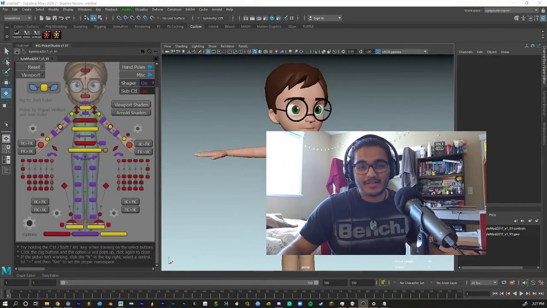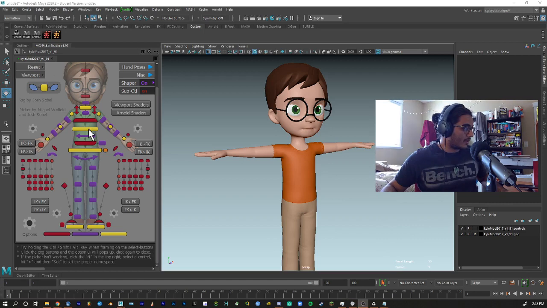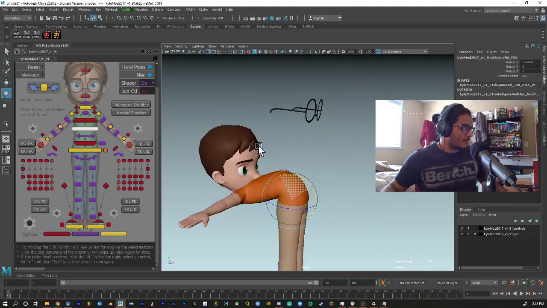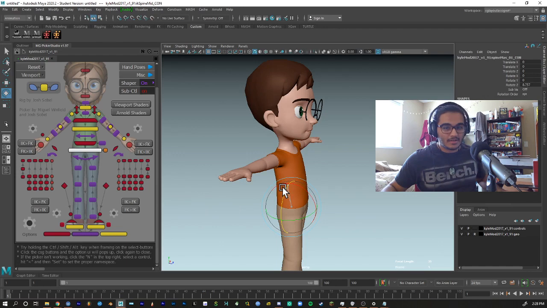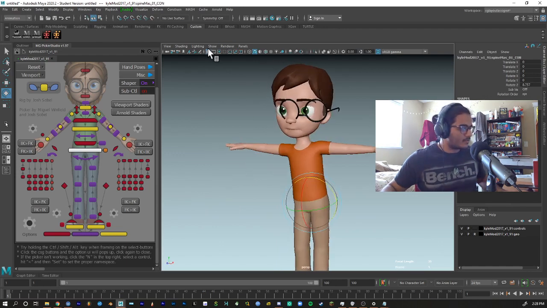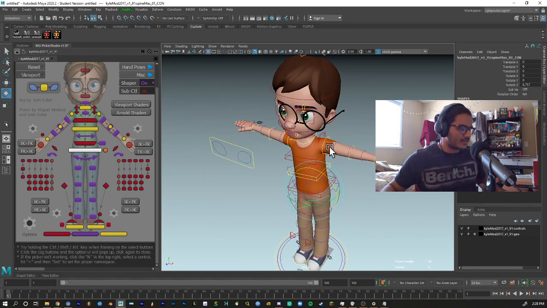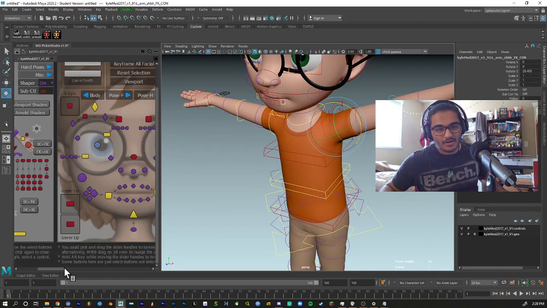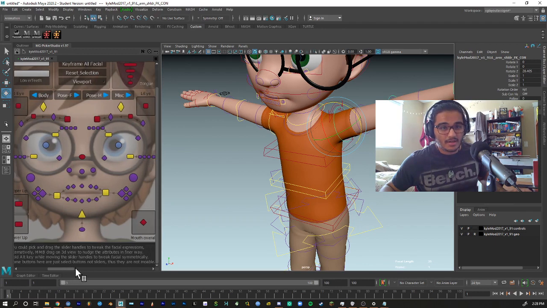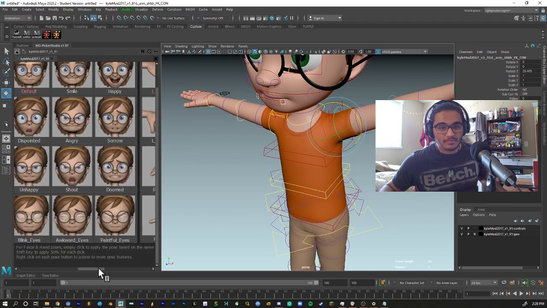The body part picker is this thing where you can select parts of the rig in this sort of diagram without having to hunt for the particular controller in the Maya viewport window. That's very helpful because, as we know, there are a lot of controllers and it gets overwhelming to have to precisely click the right controller when you can just select it in here. It's a lot easier. And in here there are controllers for the face and tongue,